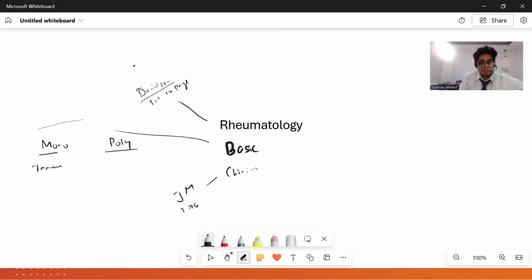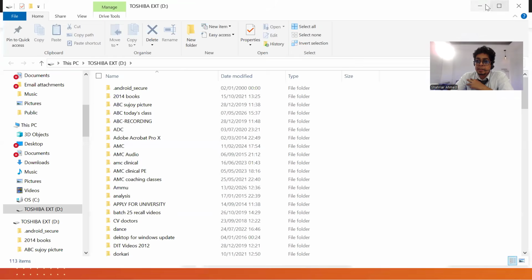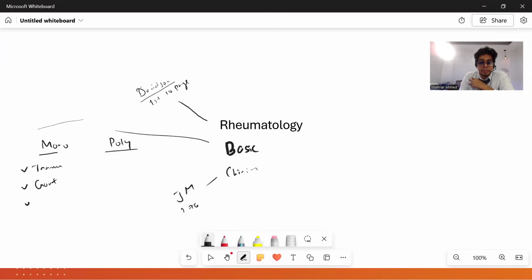How many others do you know? Let's check all together. Gout is very common, unilateral. So traumatic, then gouty arthritis, right? If you say gout, it can also be pseudogout. Anything else? Very important, no one is telling that. Unilateral fever. Yes, septic arthritis. Well done. Things are not complete if you can't say things like that.